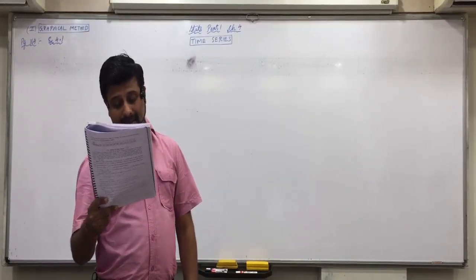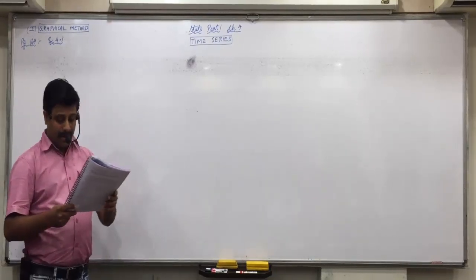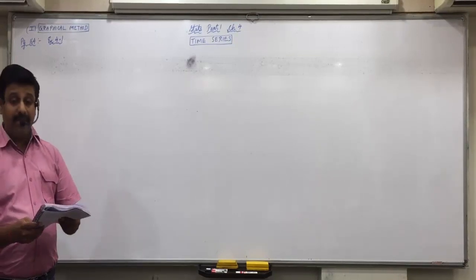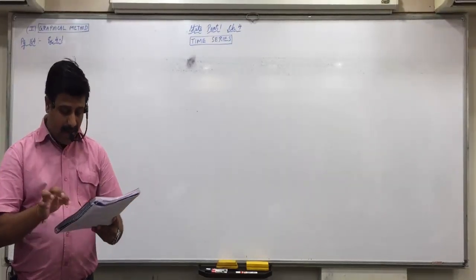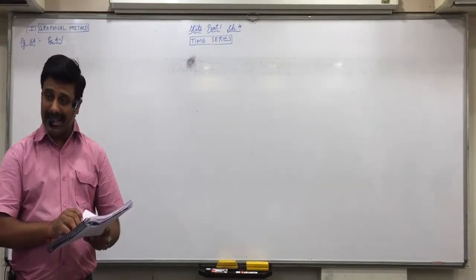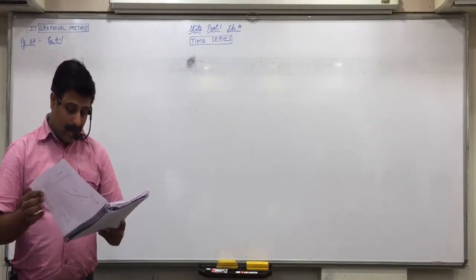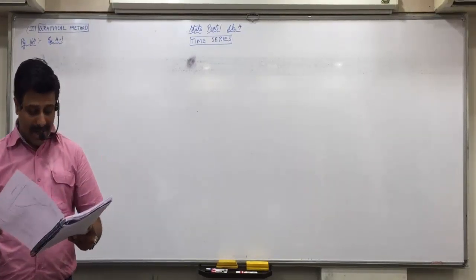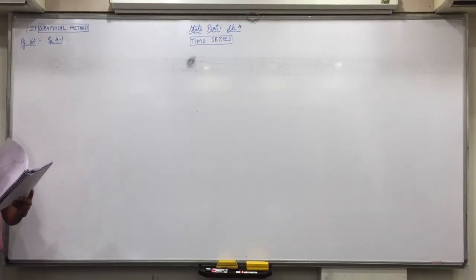Now, the years are given from 1961 to 2011. That we will write on the x-axis, and the values of YT we will write on the y-axis. Are you okay with it? For the years, we will denote the time period. 1961 will be denoted as 1, and 1971 as 2. That way we'll denote the time periods, and then we will make the graph. So in the question itself you can write 1961 as 1, 1971 as 2, and so on up till 2011, which you can write as 6. Is everyone clear with it?